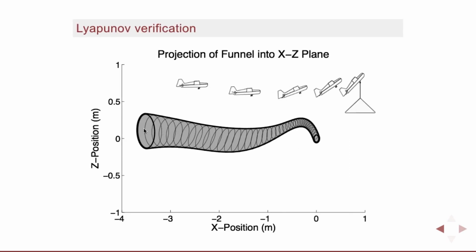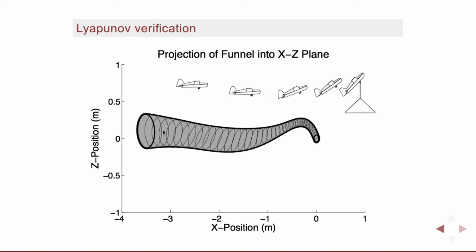And now the picture you should have in your head, really, is that we have this nominal trajectory we get from trajectory optimization that goes to the perch, right? On top of that, we design a feedback controller. And what the feedback controller is giving us is a linear feedback controller. It's based on the linearization of the dynamics along the trajectory. But what it gives me is the ability to recover from some volume of initial conditions that are off the trajectory, where the linear system is a good approximation of the nonlinear dynamics. And in this sort of tube, we can expect the linear controller to work well for the nonlinear system.